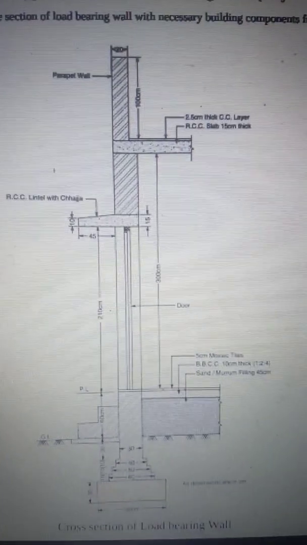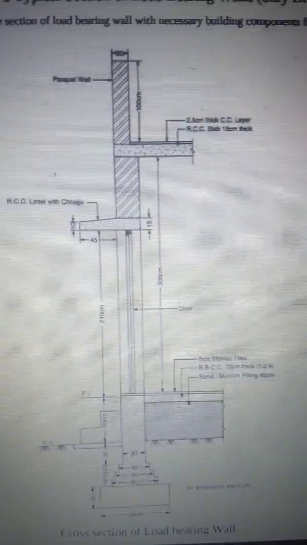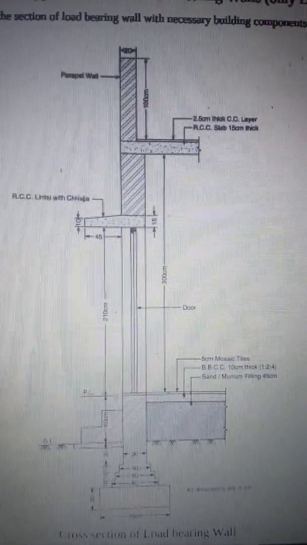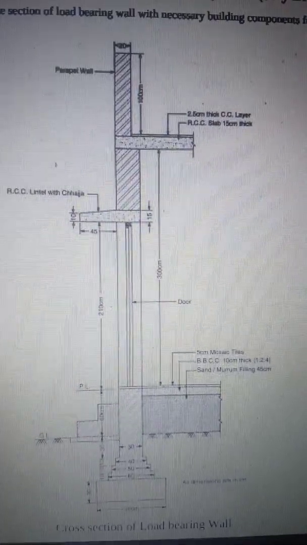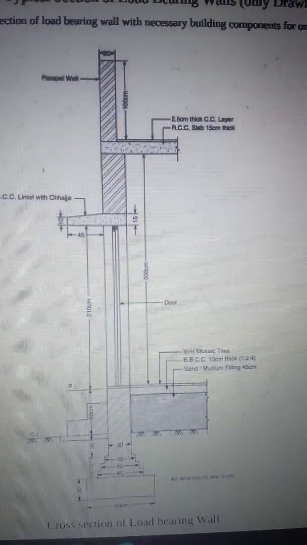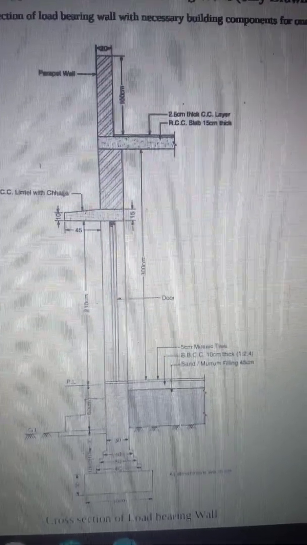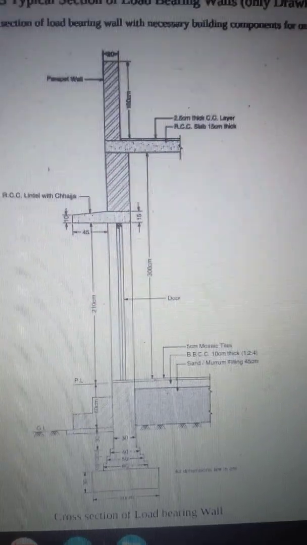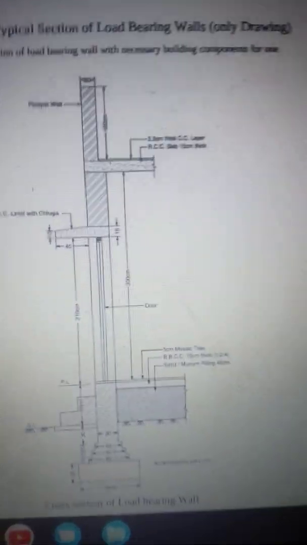So for that you all need to have the picture first with you, that I will be sharing in our chat box, the PDF of the image, and then how to draw the drawing that I am showing you in this video, okay? So first of all, to draw the drawing, what we need to do is